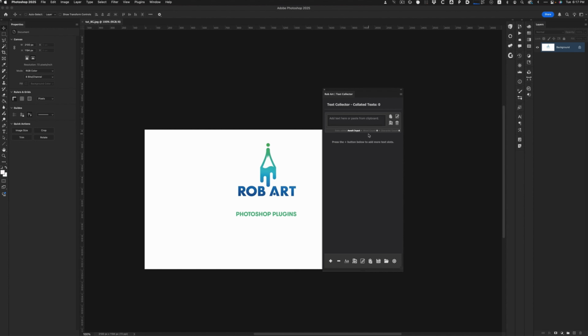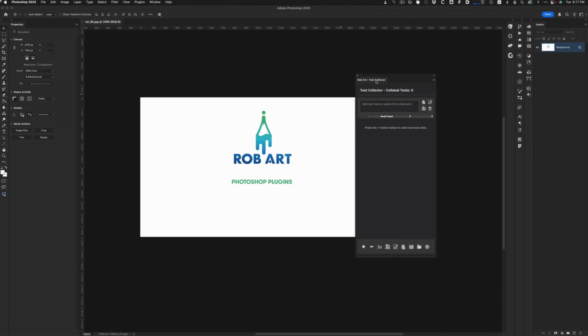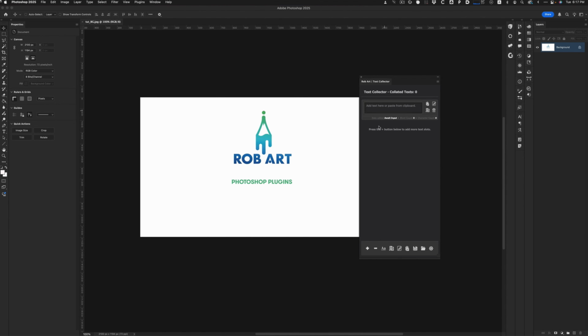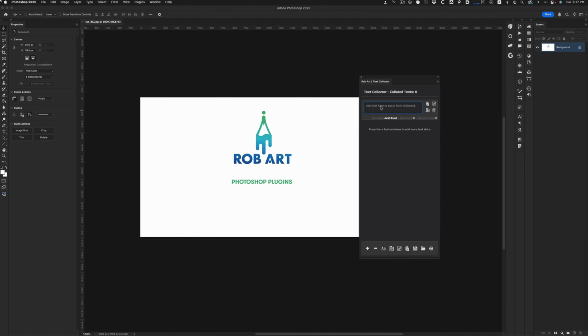And what TextCollector does is it allows you to collect those snippets like a floating clipboard basically. It sits inside Photoshop and you can have quite a lot. I think it's 50 maximum snippet zones, collated texts, whatever you want to call them, and it functions in the same way that any other text copy clipboard would work. So you can basically just add text